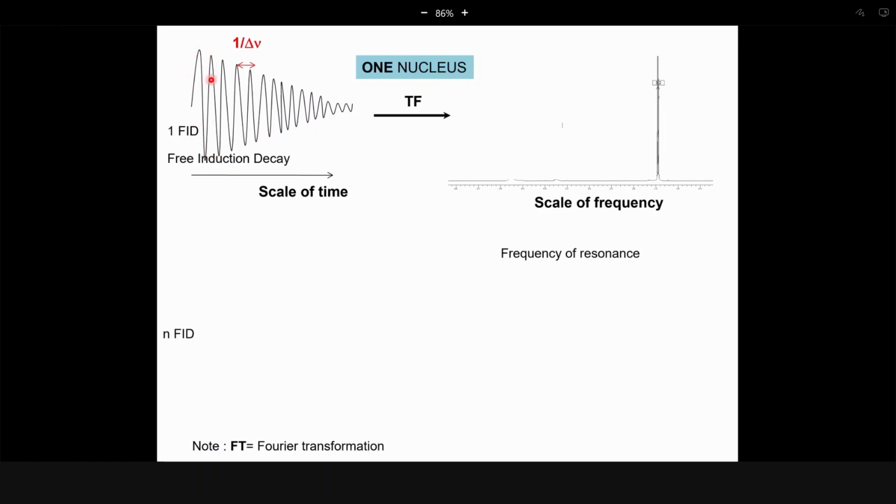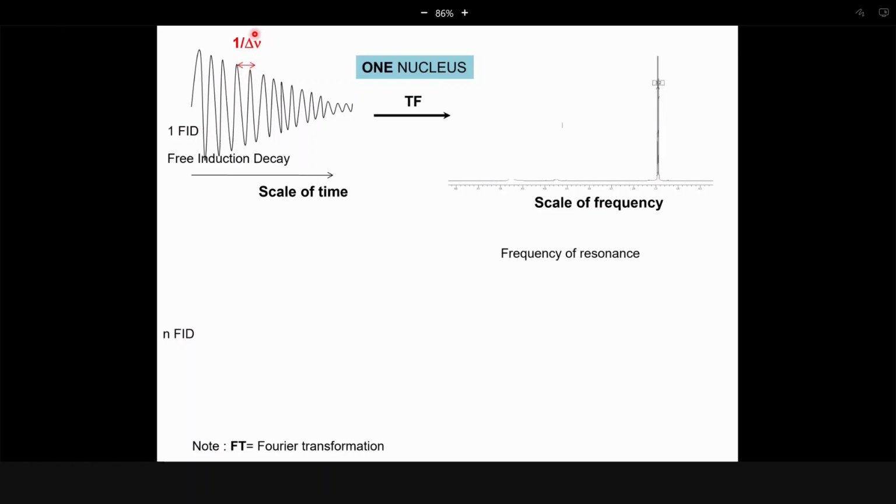The detector will register this signal, which goes up and down, and the signal will decrease in time. So this signal is called free induction decay, FID, and the interval between each peak depends on